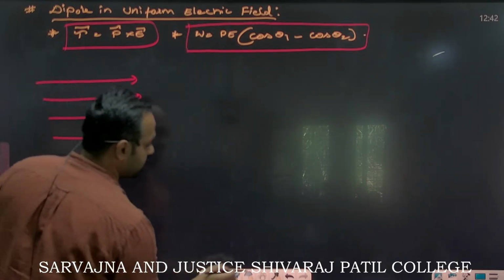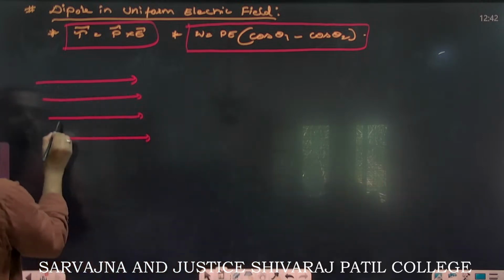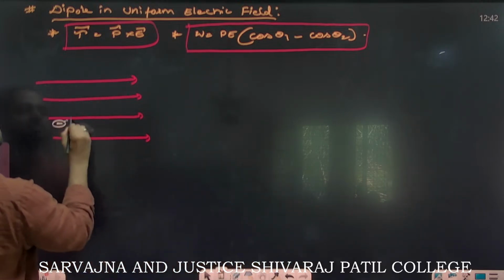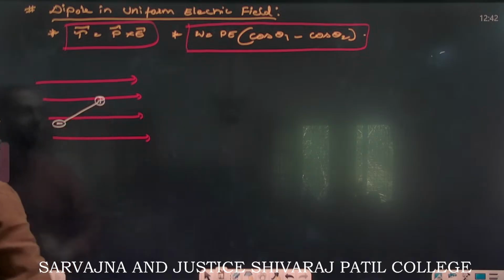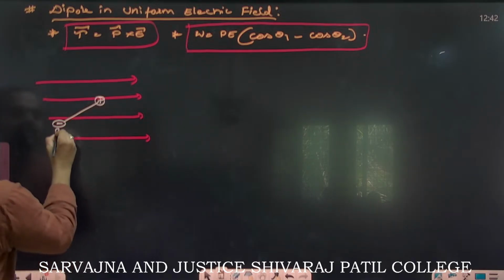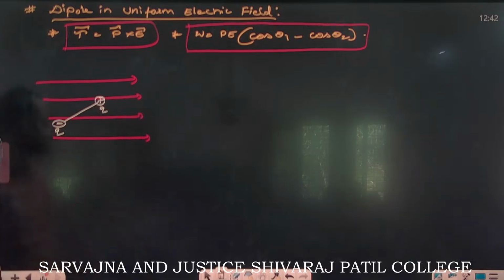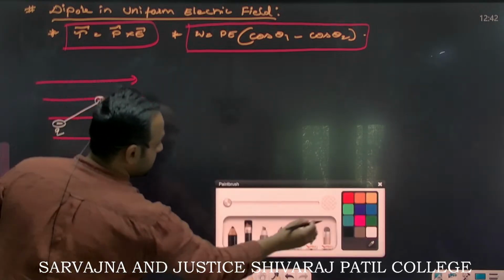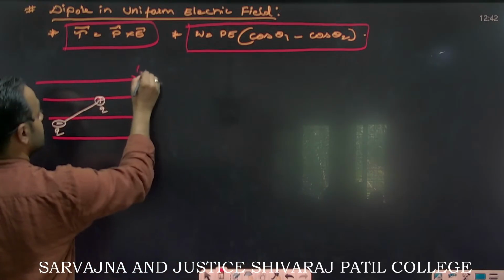If we have, let's say, a dipole, there is one minus charge and attached to that there will be a plus. So this is minus q and this is plus q. And the electric field is uniform. Electric field is uniform, meaning